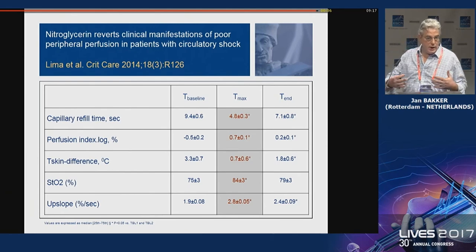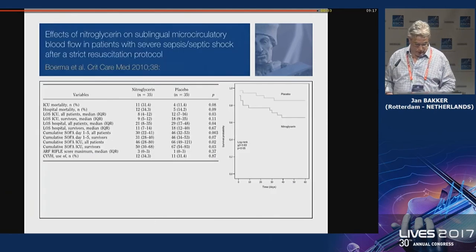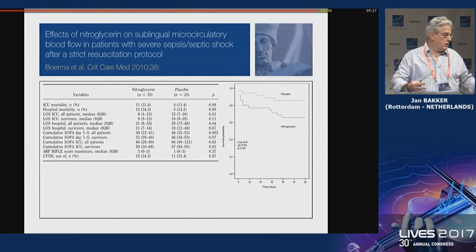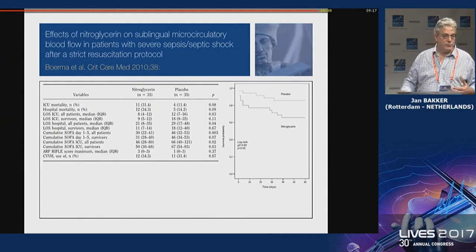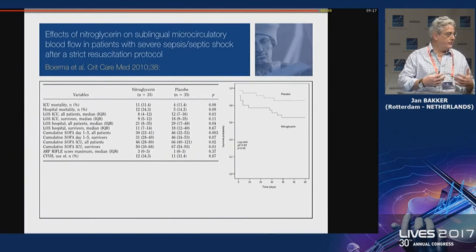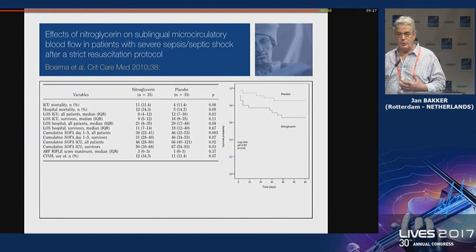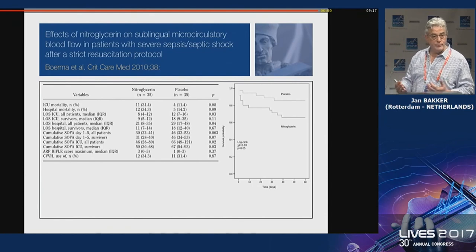So yes, we have measures to improve the microcirculation. Now, you could say, okay, that's great. We improved the microcirculation, so let's give nitroglycerin to everyone. Just like the study from Jean-Louis Vincent a long time ago, adding 5 micrograms of dobutamine to every patient, showing that there was an improvement in DO2 and VO2. Christian Boerma did that: give everyone nitroglycerin. That doesn't work. Patients with normal microcirculation don't need nitroglycerin. There's no need for it.